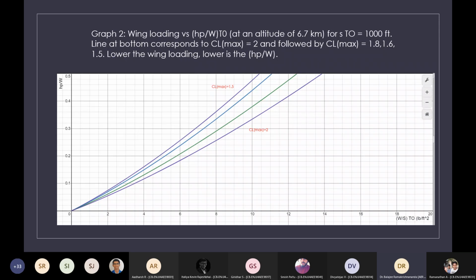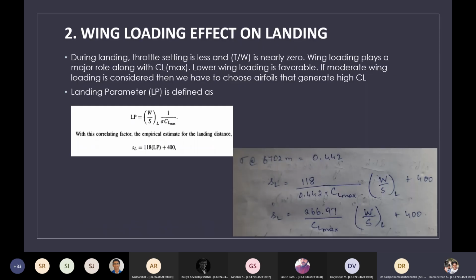Then what about the piston prop aircraft? They will also use the same thing you're telling. Sir, but then the equation will be different, no? The equation you plot will be different, not the one shown in that book. Sir, yes, but in my equation I have converted to HP by W using velocity. I have taken V takeoff and I have converted. Okay, continue. So next, multiply the equation by V on both sides.